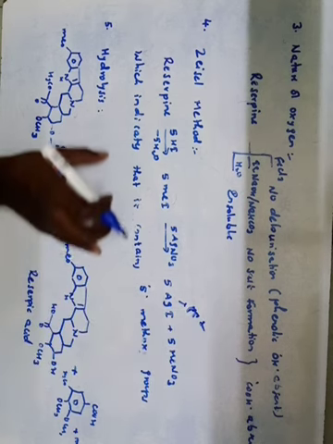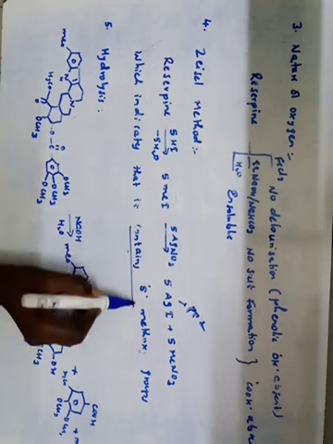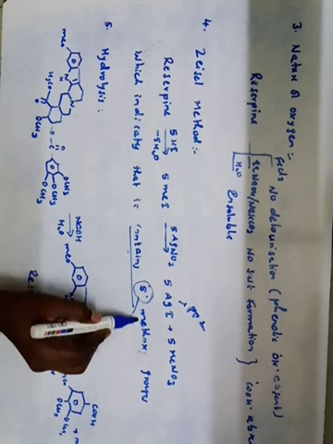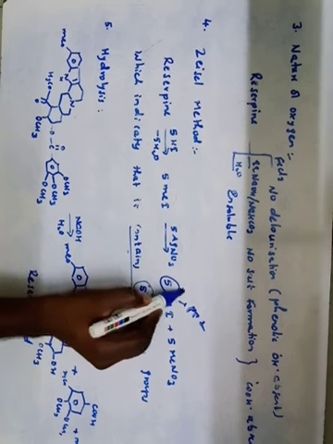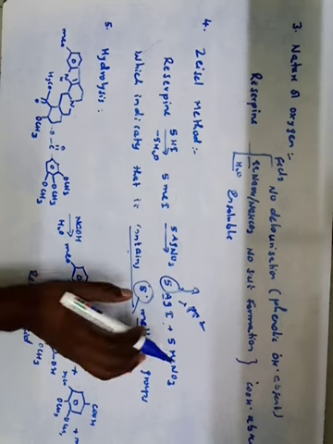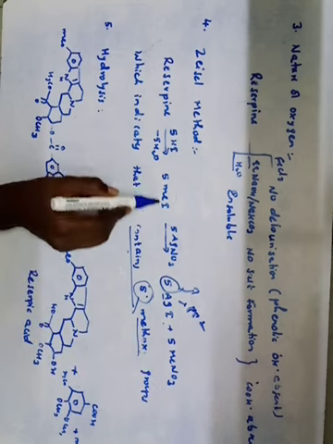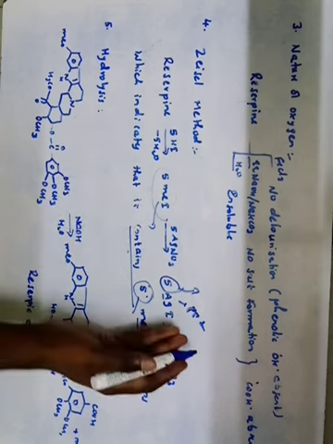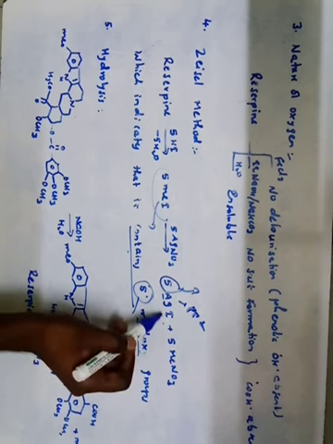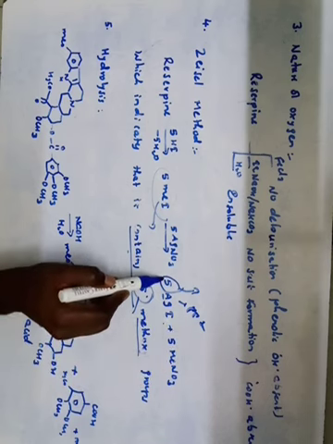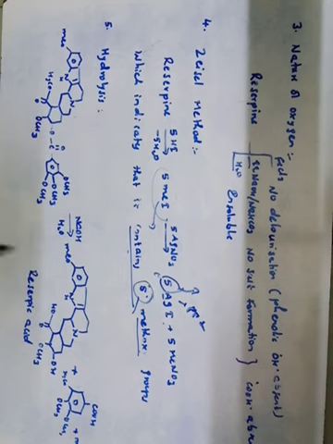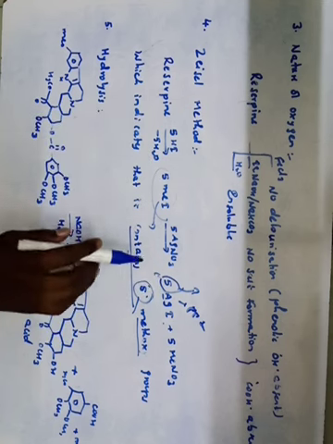This indicates that reserpine contains 5 methoxy groups. Here 5 moles of AgI will be formed, which indicates that 5 methyl iodide will be there, which then react with AgNO3 to form silver iodide. Now, how many moles will be there? 5 moles. That means reserpine contains 5 alkoxy groups.